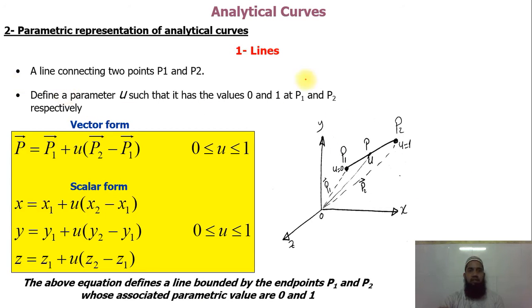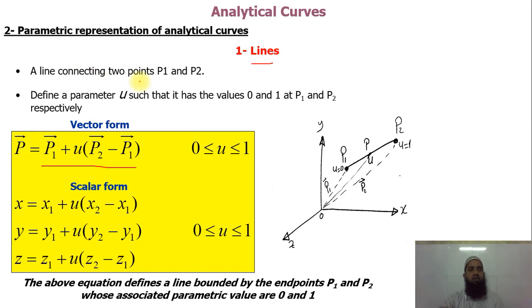First we have the lines. This is a very important formula, you must remember. In the paper from the year before last, I think they asked a question on the line. If you remember this formula, you can easily get 8 or 10 marks. They ask for 8 to 10 marks. We will see it in the numerical time, but this is very important.